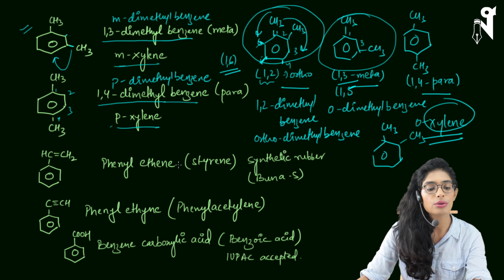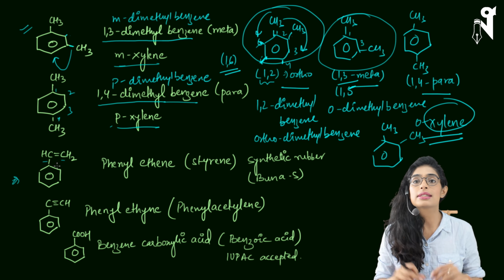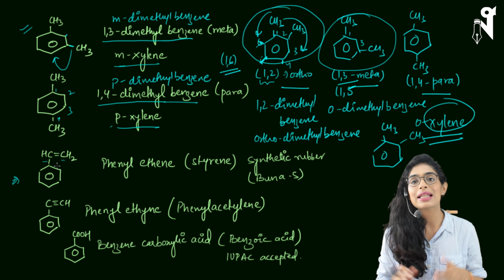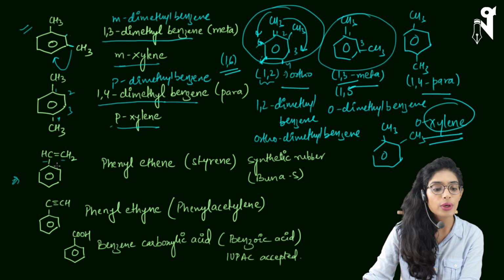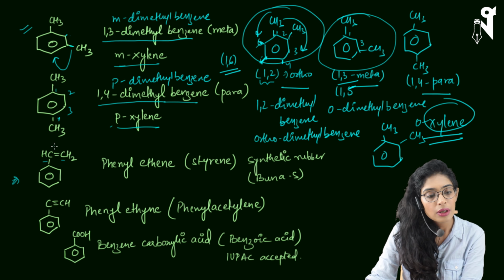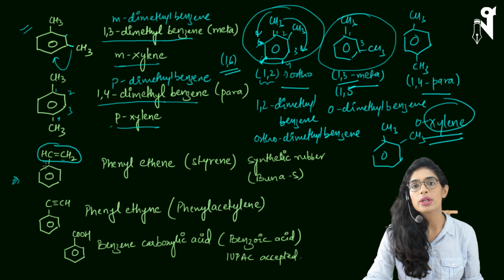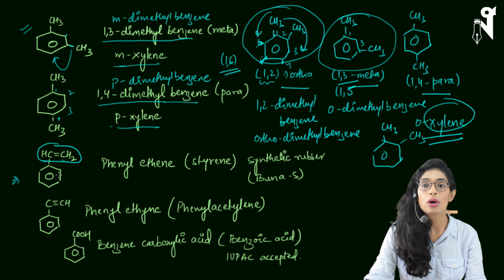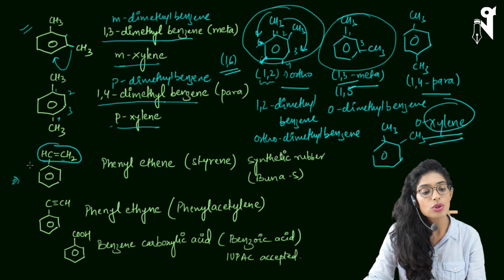I hope this would be clear to you. In this compound, now we have a benzene chain with CH double bond CH2 present over here. Now in this case, if the carbon chain or the R group has the double bond, triple bond, or the functional groups present, then that will be acting as a principal carbon chain, and benzene will be acting as a branch. So here I have double bond here. Even though the chain is smaller, double bonds are there in the benzene also, but we don't consider it that way because this is not a simple cyclic chain, but it's an aromatic chain and has certain rules when we write the name.